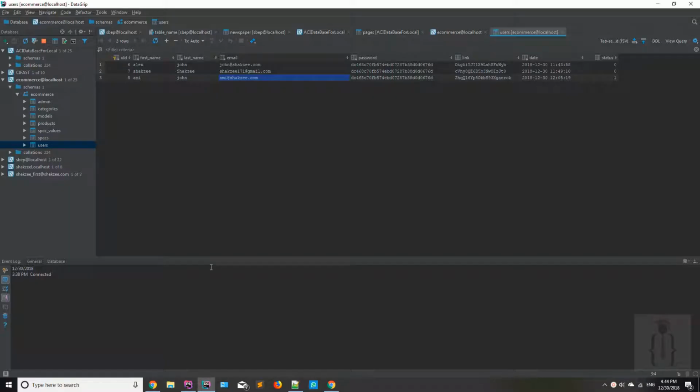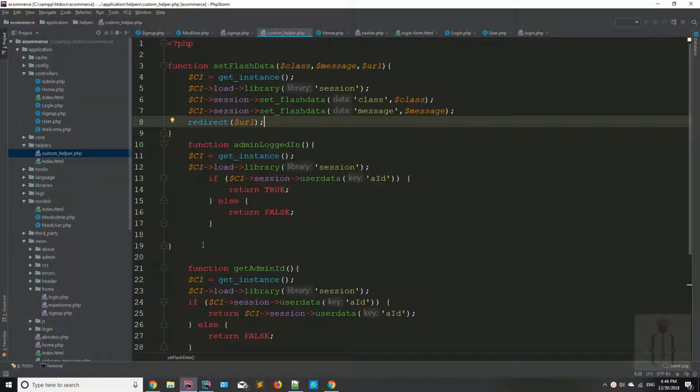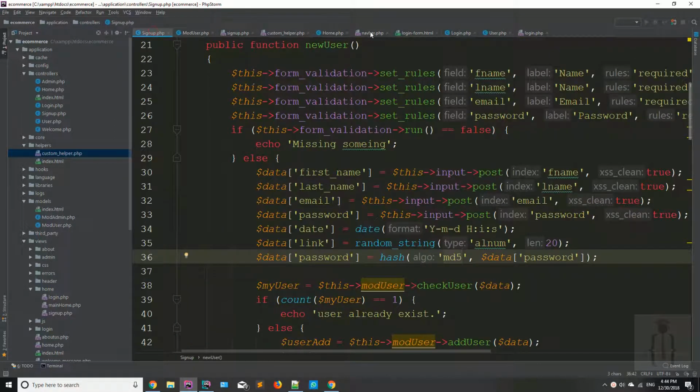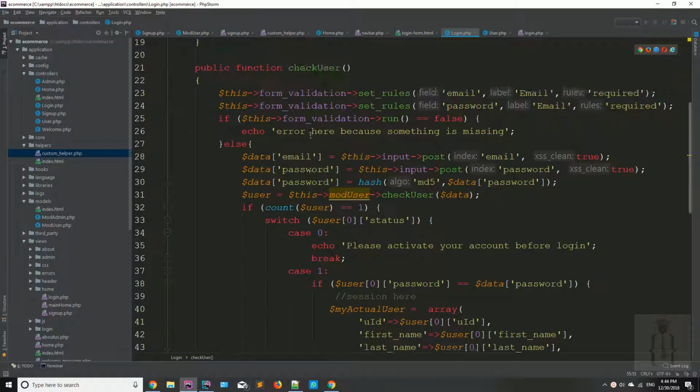Today we are going to check our flash data, so you can easily understand as we are moving step by step. Okay, so now you have created the login system and sign up system. So now, as you know, you are saying that if someone clicks on the login button,